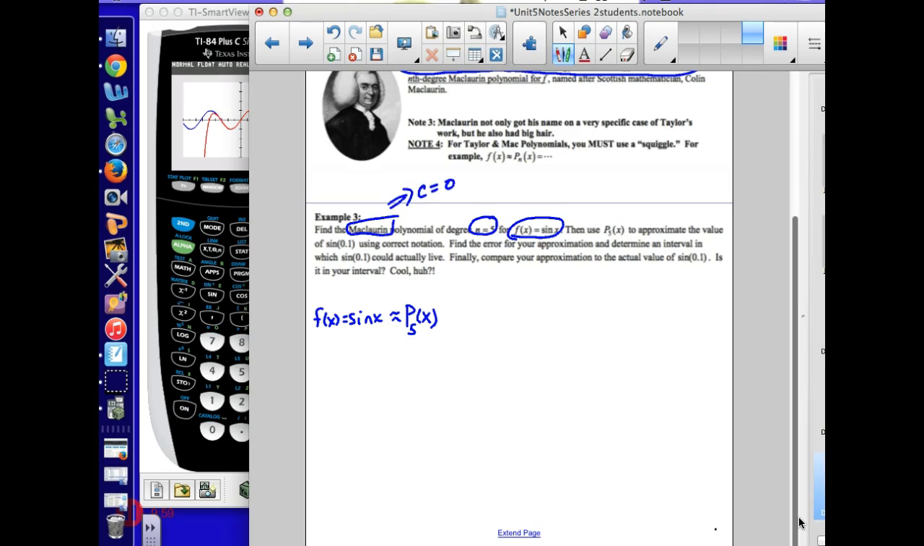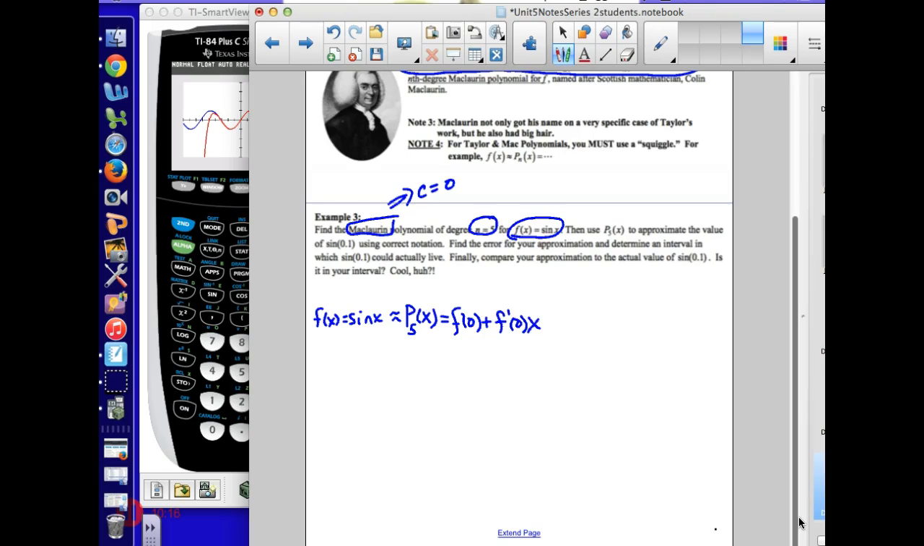And I'm going to use that to approximate the sine of 0.1. I'm going to then find my error, etc. First thing I'm going to do though is write this out, because the more you write it out, the better you memorize it. So you do f of c, in our case is 0, plus f prime of c times